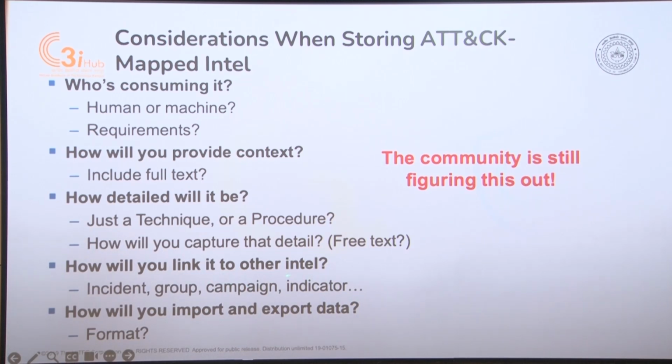Also there will be multiple intels of past attacks and current attacks. So how are you going to correlate them and connect them with the other intels we have in the community, based on incidents which happened in the past, APT groups which are already known, APT campaigns and other indicators? Even if we figure all these things out, there is still the question of how we are going to import and export this intelligence with the machines or tools in the victim infrastructure